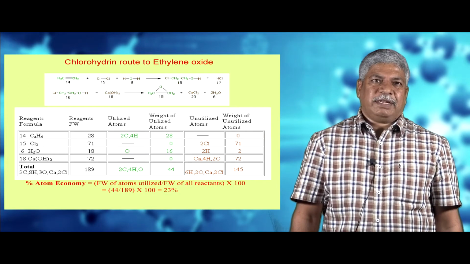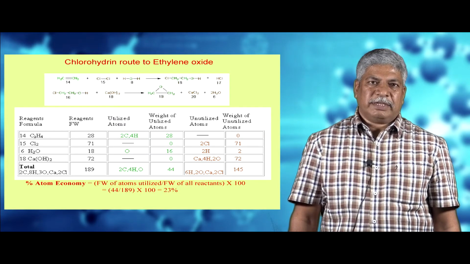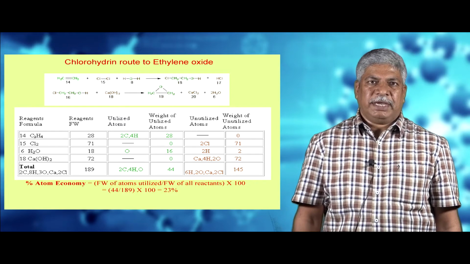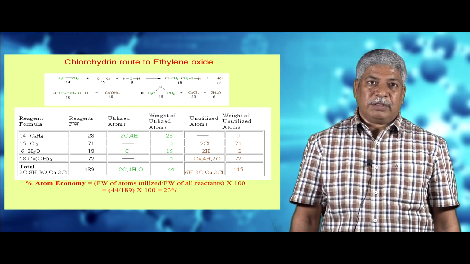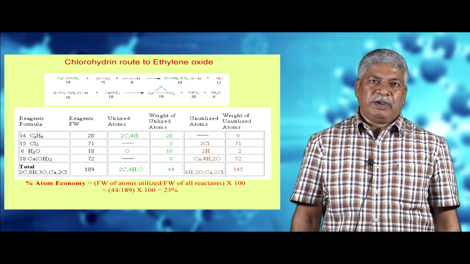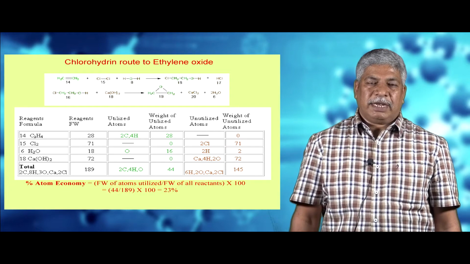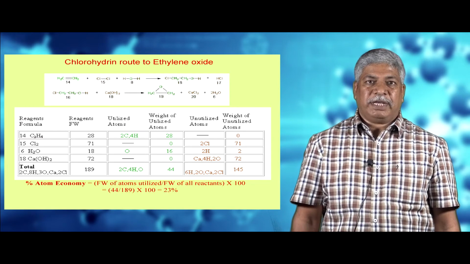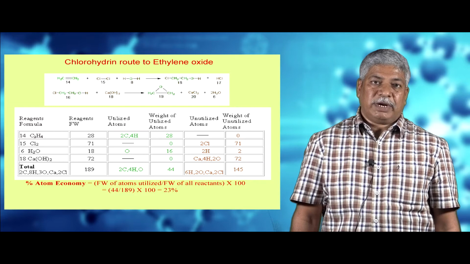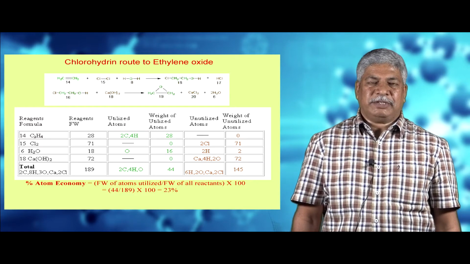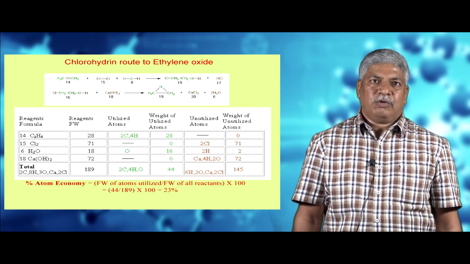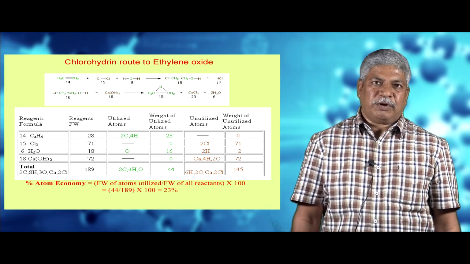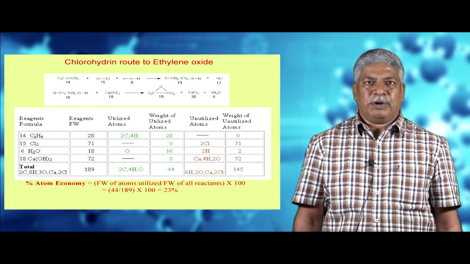So far we have seen the atom economy calculations for a substitution reaction, elimination reaction, addition reaction, and a rearrangement reaction. What do we infer out of all these calculations? That is, if we do a substitution reaction or an elimination reaction, the atom economy will be less. And if we do an addition or rearrangement reaction, the atom economy goes to 100%. So while designing a reaction, we should see to it that the reaction will be either addition or rearrangement, so that no waste product is formed, and if no waste product is formed, there is no question of removal or polluting the